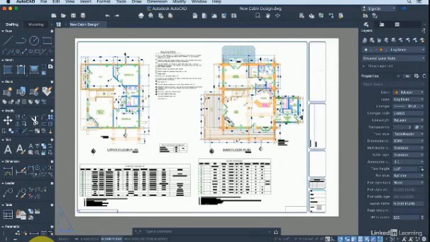Otherwise, as far as file types, AutoCAD for Mac and AutoCAD for Windows use the same DWG file type. There are no compatibility issues going from one version to the other. AutoCAD for Mac can open, save, and view any DWG, DWT, or DXF file that was created in a comparable version of AutoCAD for Windows. The one caveat is a DWF file. These are commonly created by AutoCAD for Windows, but AutoCAD for Mac does not support viewing or creating DWF files. Otherwise, within the parameters of this course, you should have no issues using the Windows or the Mac version,